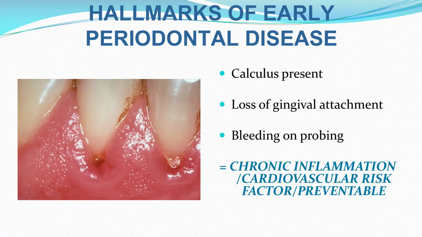So this is the sort of mouth that we're hoping we don't find in our young people, but I suspect we might. So that chronic inflammation, the inflammatory cytokines that are produced here, circulate in the rest of the body and have a negative impact on the endothelium.